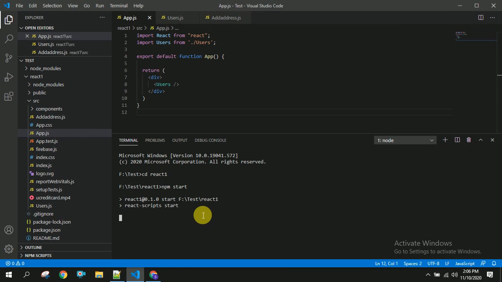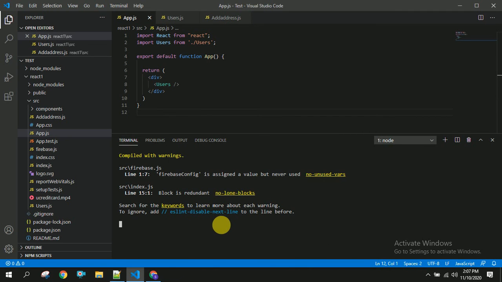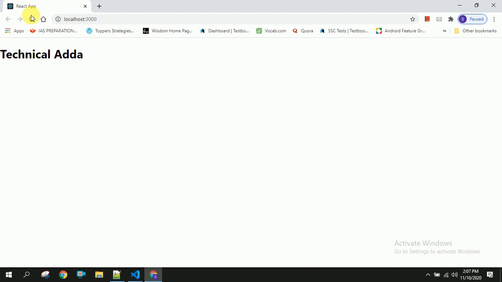Let's wait until it starts compiling. It got compiled successfully. Let's open the browser. You can see here we are getting the data from the users component by using default export.